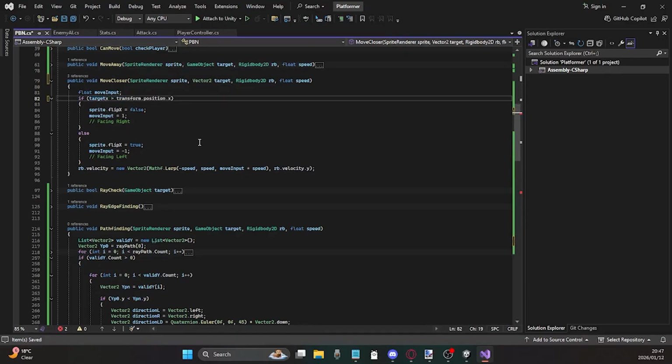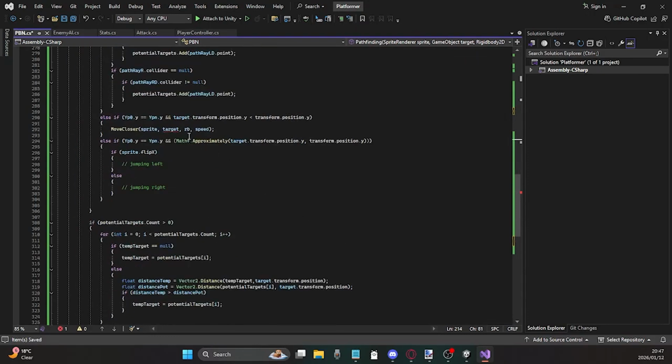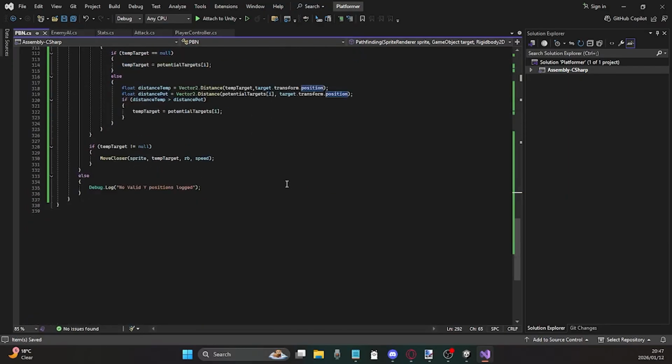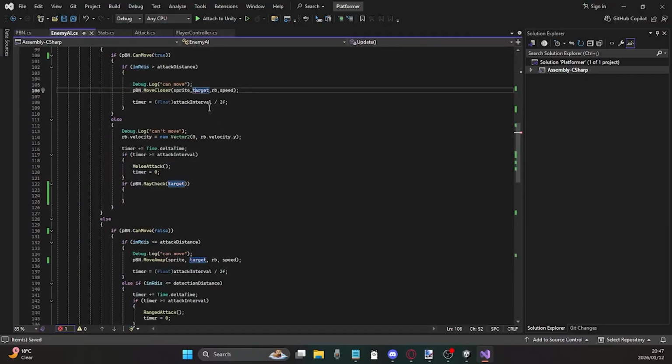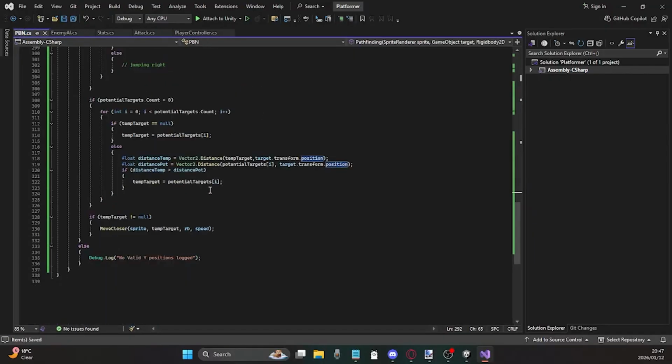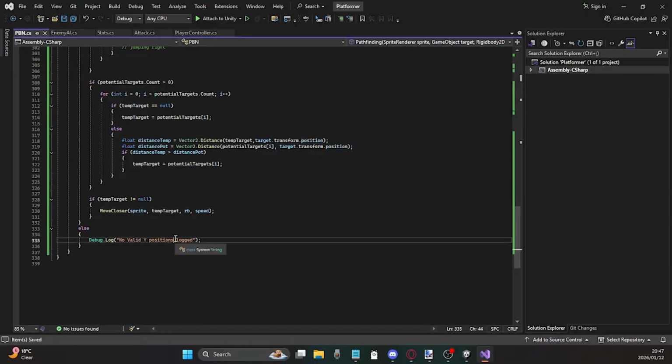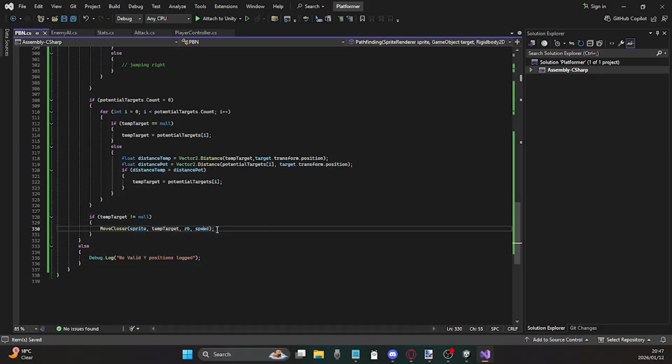That means I can get rid of this. That's the first thing that I can change. The next thing I need to change is here somewhere, where it's fed target.transform.position. There you go. Then I have some errors that would have displayed here. Just one error at least. There you go. And then I can go back here. No valid Y positions logged. And then it's this one's move closer to